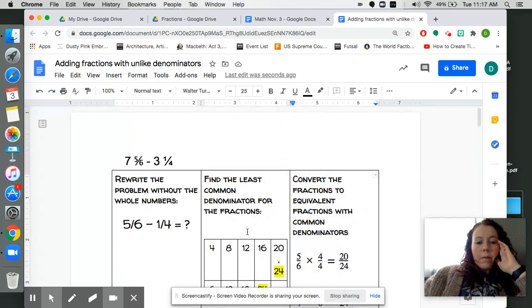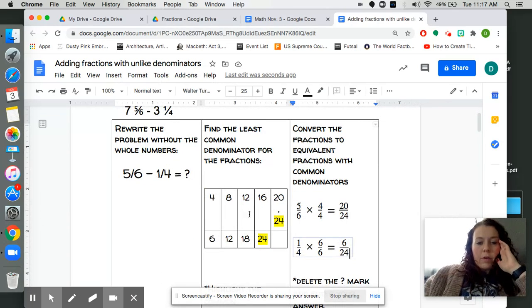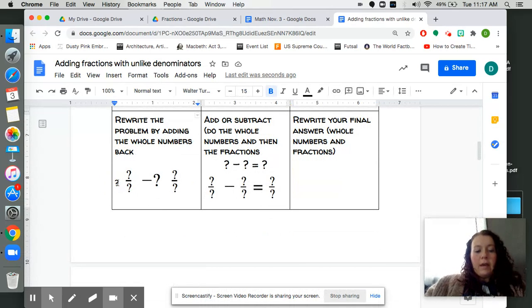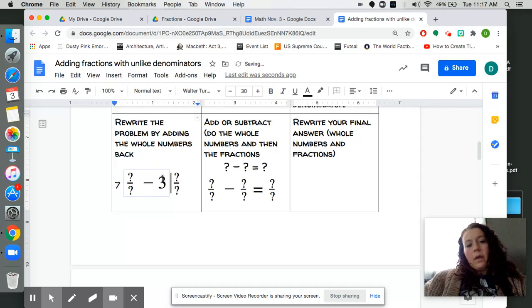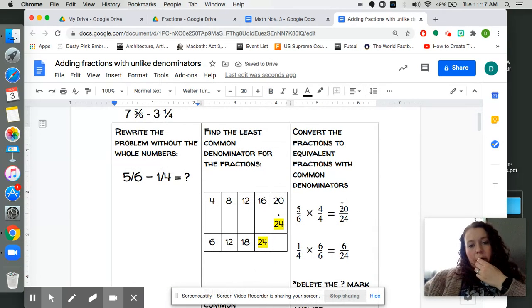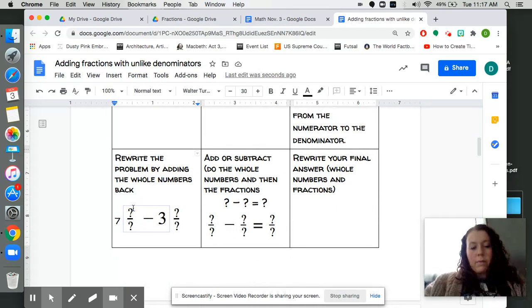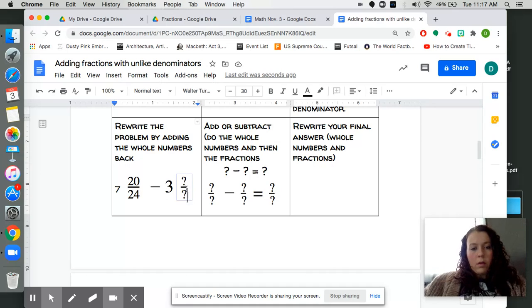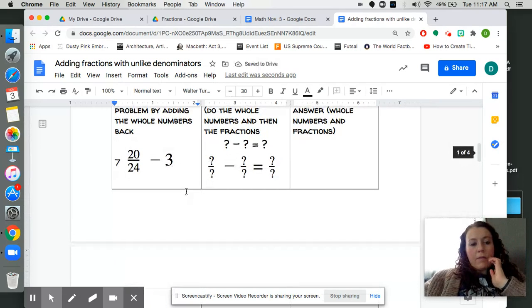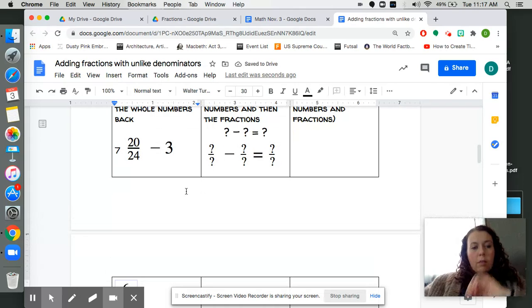So my new problem that I have is, first I'm going to add my whole numbers back, which are 7 and then 3. And then if I go up here, my new equivalent fractions for 5/6 is 20 24ths. So I'm going to put 20 24ths here. And then I'm going to put 6 24ths where 1/4 was. All right, and it might bump it down to the next page, hopefully not, but if it does do that,